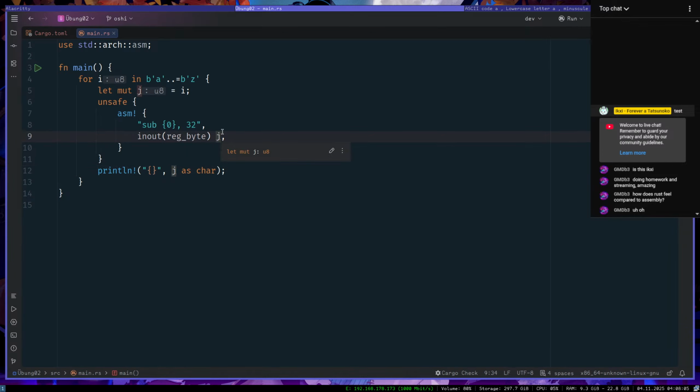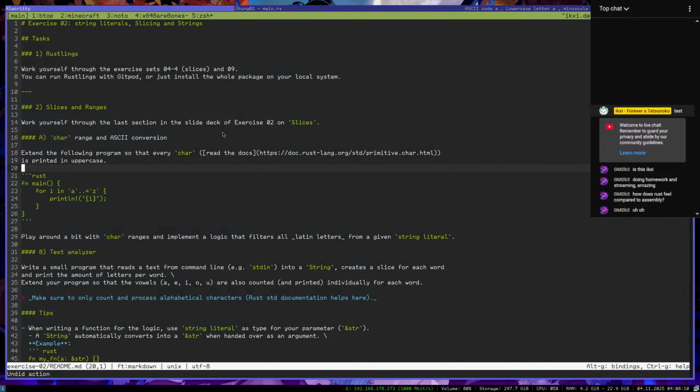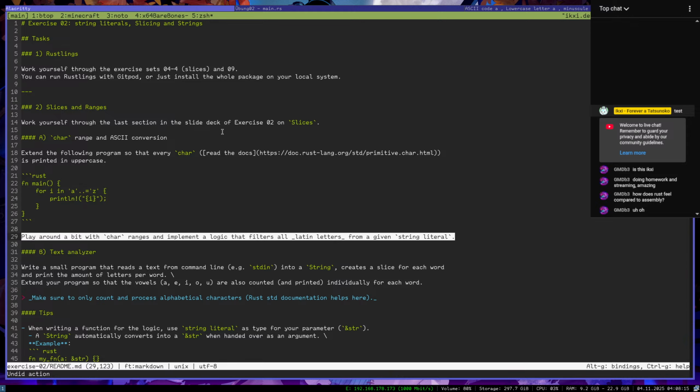Neat. Okay, I would say with that we have number 1 done. Okay. Play around a bit with char ranges and implement a logic that filters all Latin letters from a given string literal.